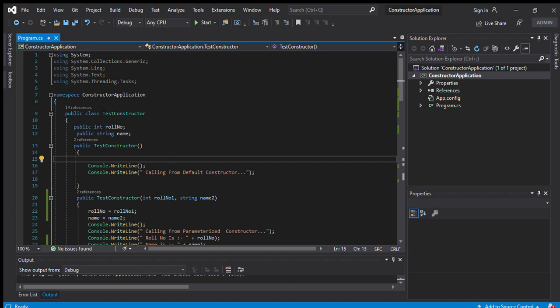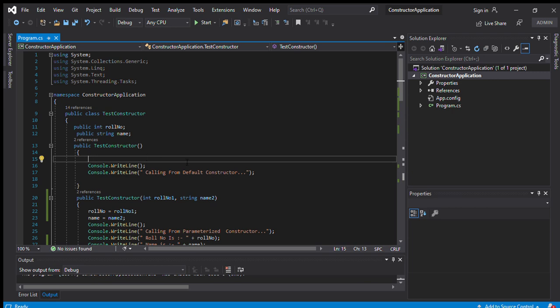We can also apply public, but that's another feature. We can't add public, private, protected, internal like that.